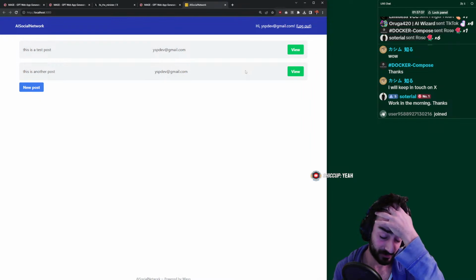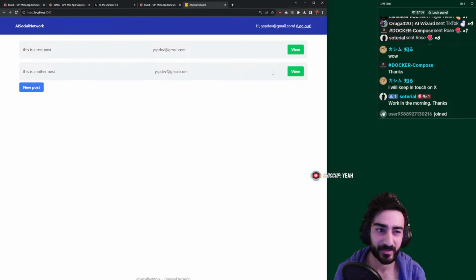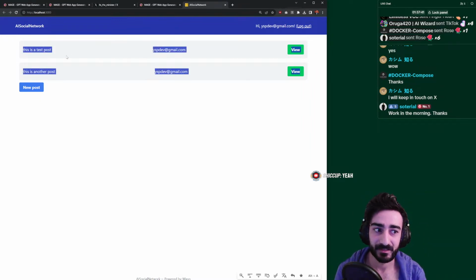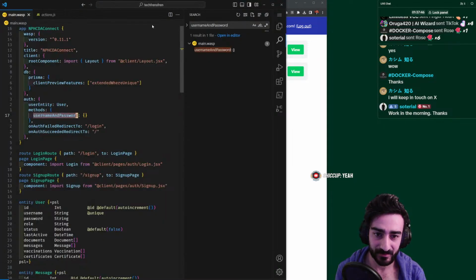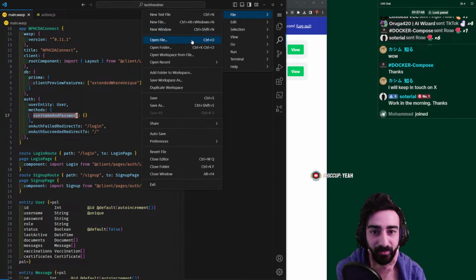And there, yeah, you can see it works. And it's so cool how it actually makes the backend as well. So these posts are saved in the database. We might actually be able to see the database too. Hold on, let me open this up in